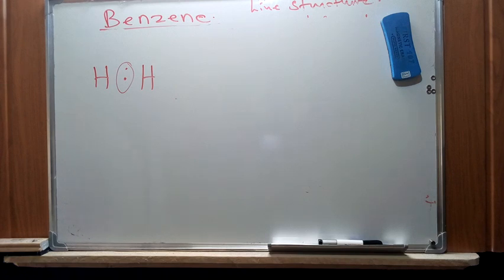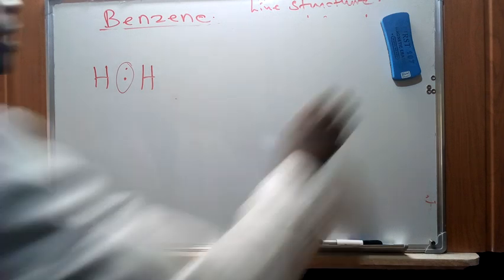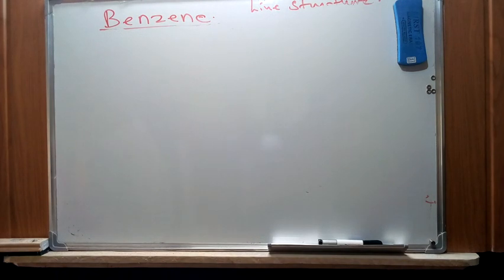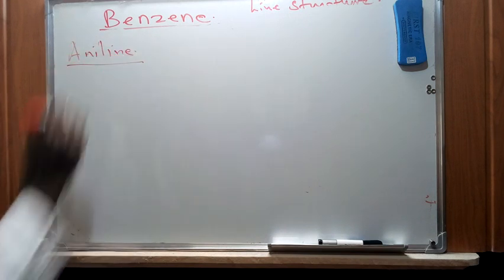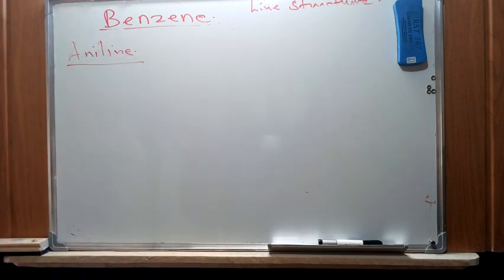So in this case, for the structure of benzene, we're also going to see that whenever it forms compounds, or forms other structures or complex structures with other molecules, it's going to exhibit different characteristics, like the resonance that we have talked about. So for now, we're going to look at just an example or illustration of one of the resonance structures of a substituted benzene that we call aniline. Aniline is a substituted benzene that has got an amine group at one of the